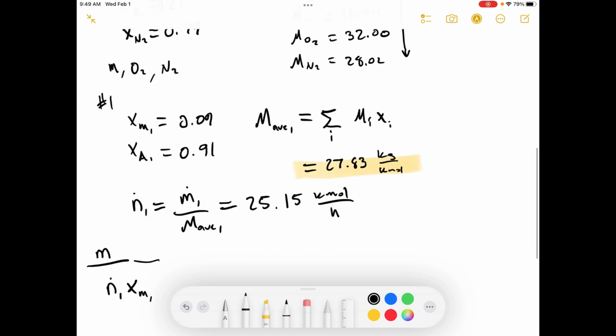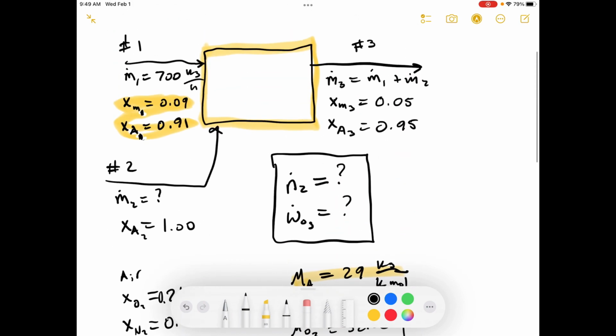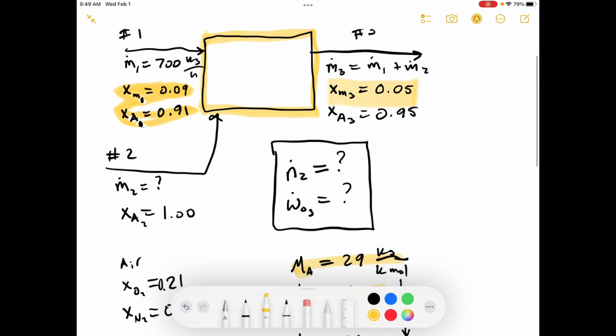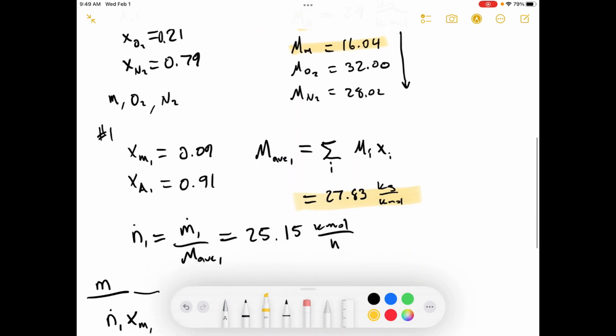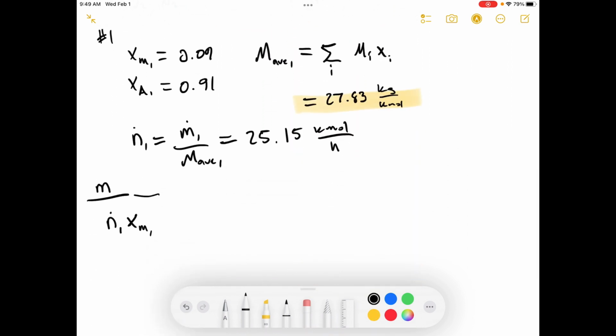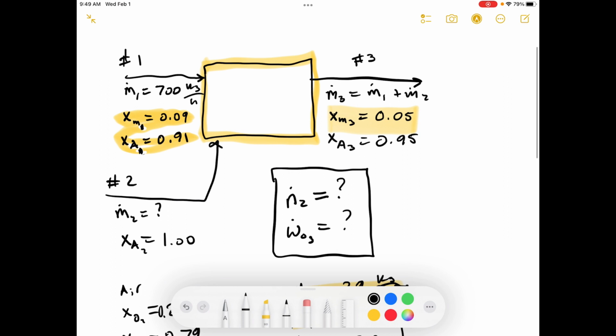And then how much do we have coming out? Well, we have the molar flow rate of stream 3 times the mole fraction of stream 3 coming out, which is 0.05. So that is minus how much is going out, and that should equal 0